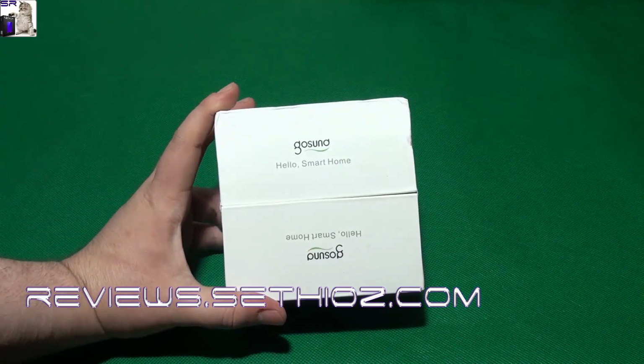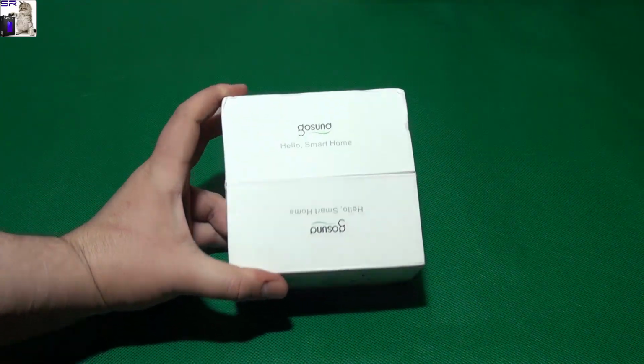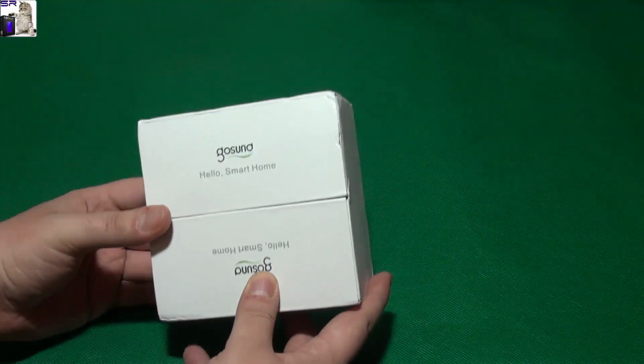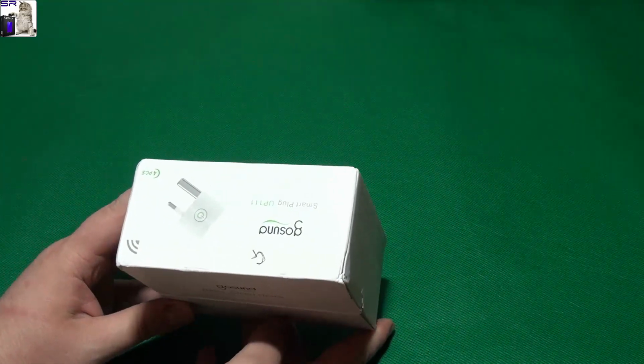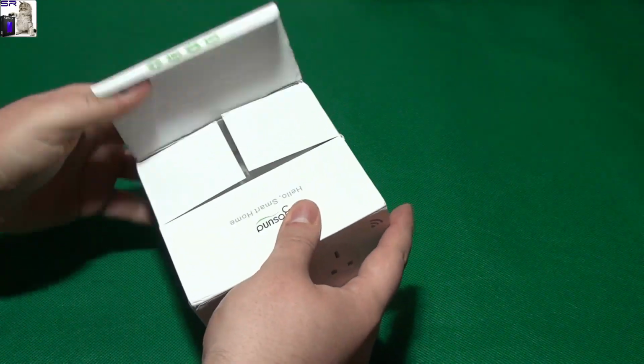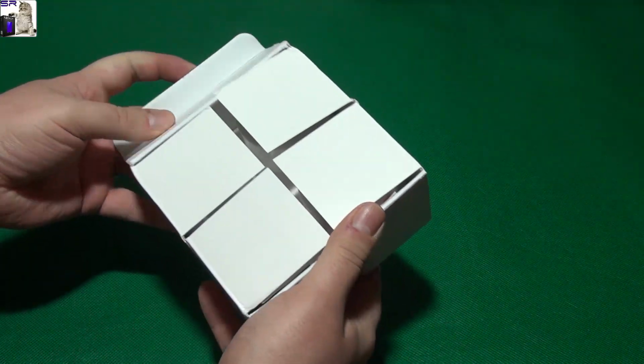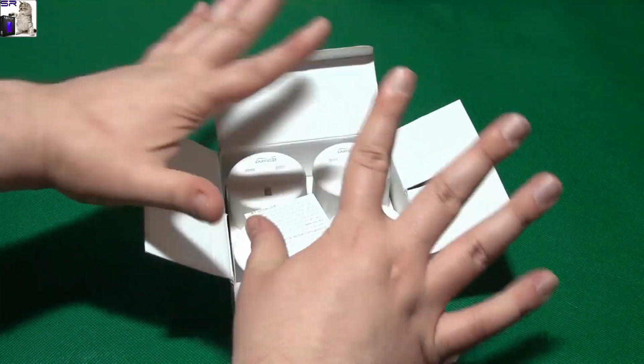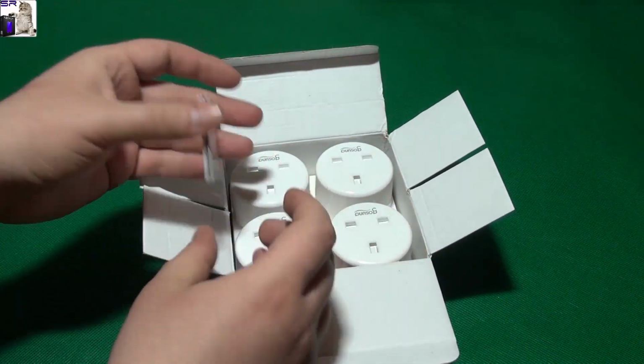This time I have a Gosund smart plug in here for UK. I already did a review on the EU one, so this is a UK one. I think this is a pack of two. Let's find out. Or 1, 2, 4. Okay, right. So